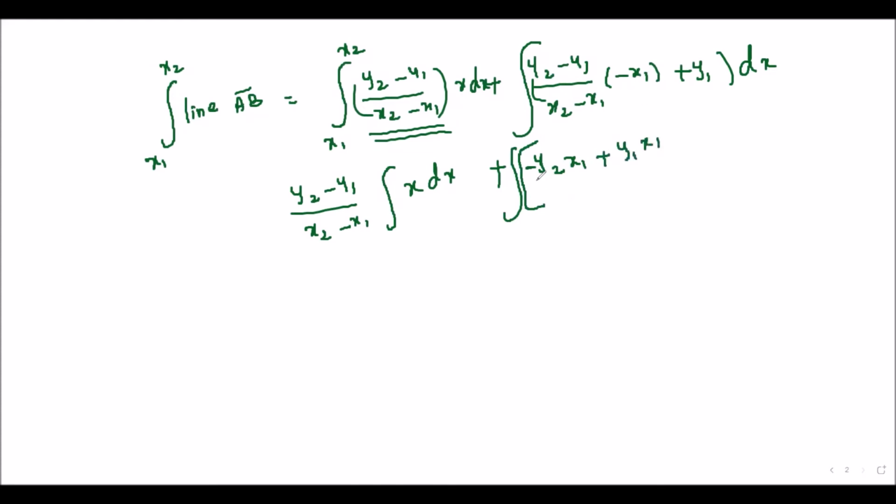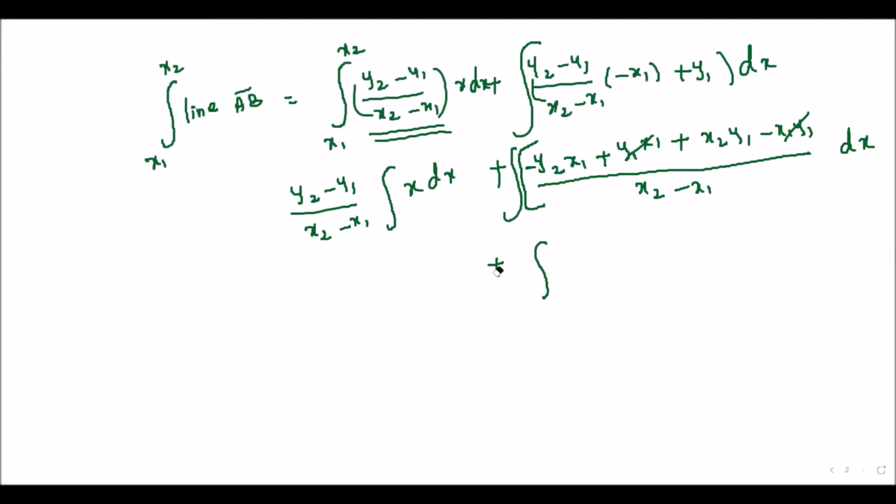x1, right? Divided by... let me do this one also, taking the LCM. So x2 into y1 minus x1 y1. I'm just doing the simplification part. Remember, all these are constant values. There is no variable in this, only dx. So some terms are getting cancelled. x1 y1 is getting cancelled. So this particular part is simplified as the integration of, I can take the common term outside here, let me write the x term always in the front. So you'll have some clarity to proceed.